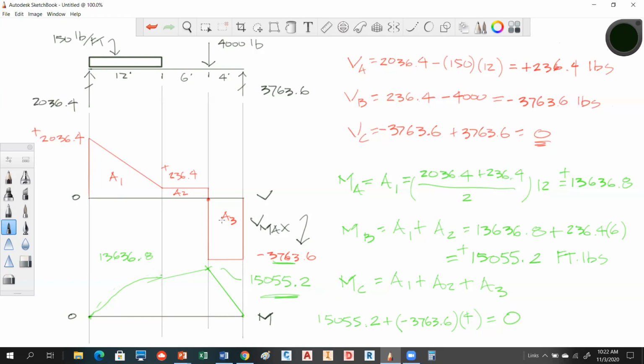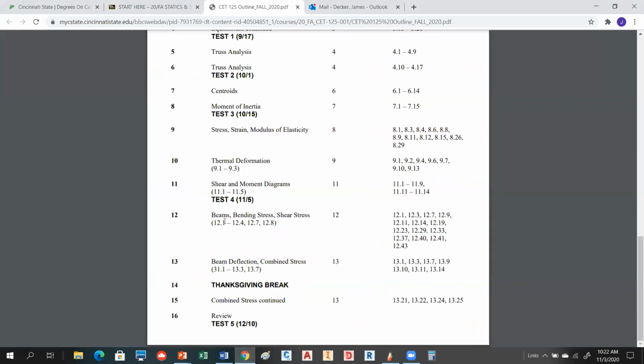Nope. All right, so there are homework problems that I want you to do for Thursday. In chapter 11, they're listed here, okay? 11:1 through 11:9, and then you can skip 10, and then we're going to do 11:11 to 11:14. I suggest trying to do as many of those as you can, okay? And we will go through them on Thursday, first thing. I would like you to probably bring in your